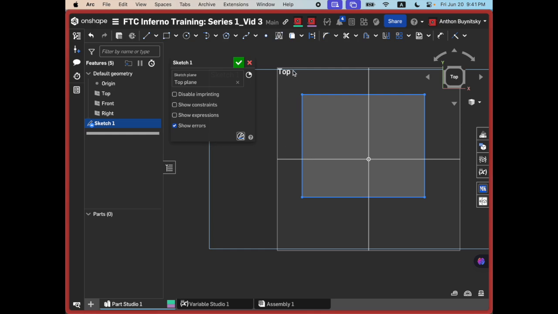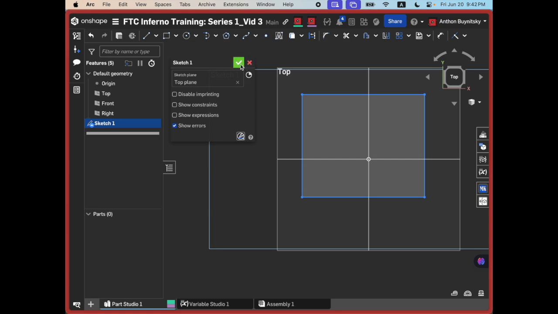And this is your goal. Your goal is to find ways to create things and get used to them. So find ways that are faster than others and then get used to them. There's really no wrong way to create anything in CAD, but you just really want to be as efficient as possible. So now that we created a 2D sketch of a square or a cross section of a cube,